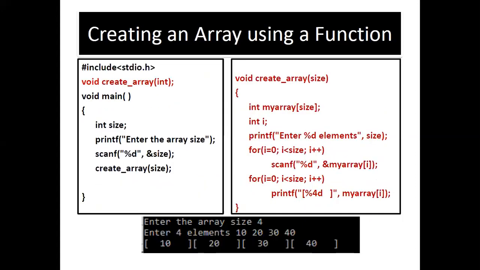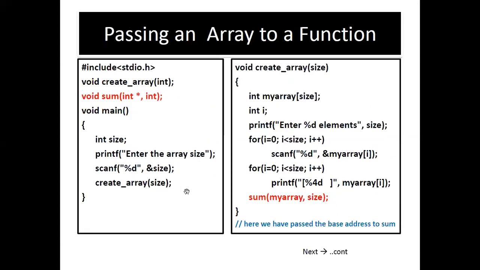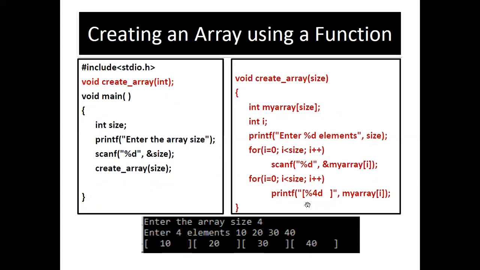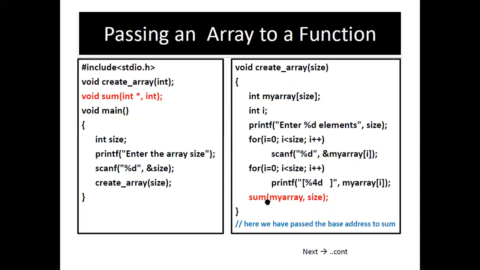See the previous code on the left side. 1, 2, 3, 4 lines starting from integer size to create array. There are 4 lines. Going back to the present code, 1, 2, 3, 4 lines are there. So there is not much difference here. And again, in the right side code also, there is not much difference. Only the red line is a difference there. So once again, please have a look at the right side of the code now. After create array, only at the last of the code, we are going to add this line, which is called sum.